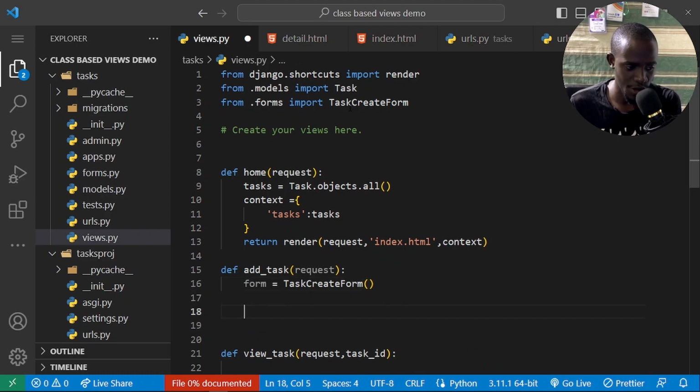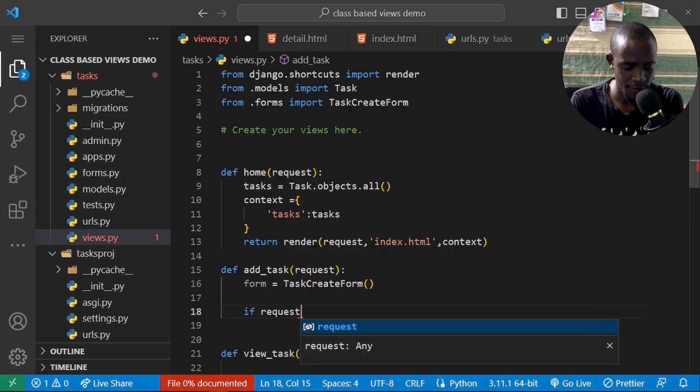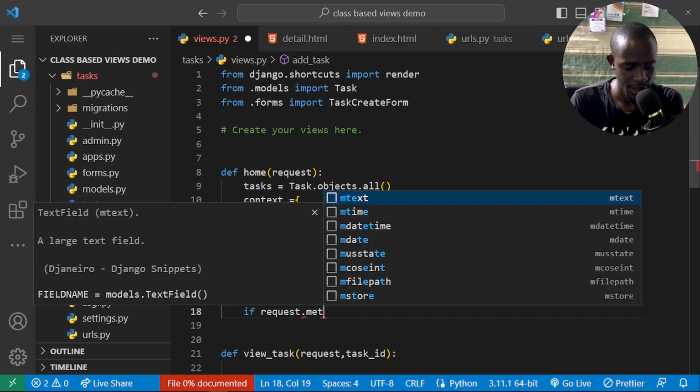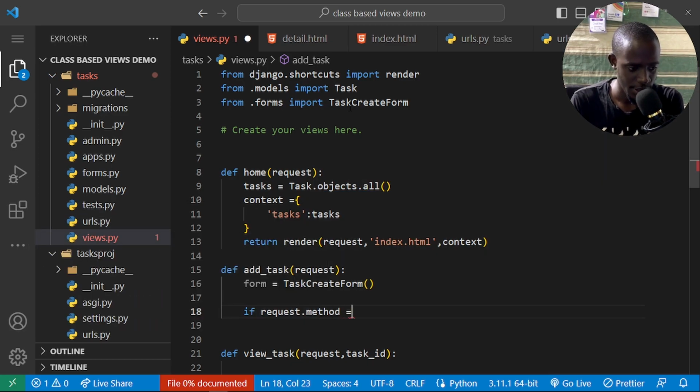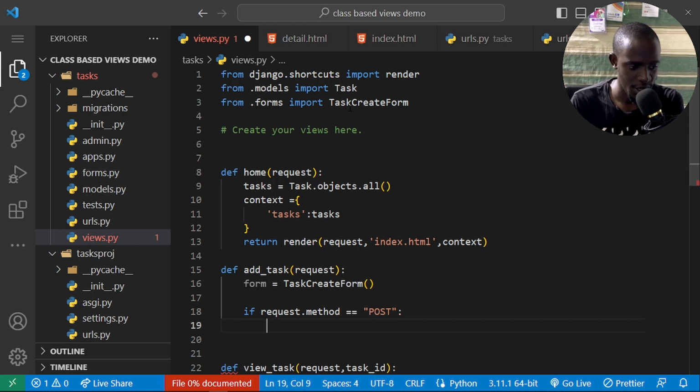And when we have this, then the next thing we're going to do is to go ahead and basically check if our request method is post. So each time we submit a form, we're going to need to have this method being post. For that, we send the data to the server. And when the data is valid from our form, because the form is going to validate the data, then we shall save the task that's being created. So to do that, we shall first of all check for our method. Shall say request.method is equal to post. So that's when we are sending data to the server. So shall say if request.method is equal to post, then the next thing we're going to do is to basically